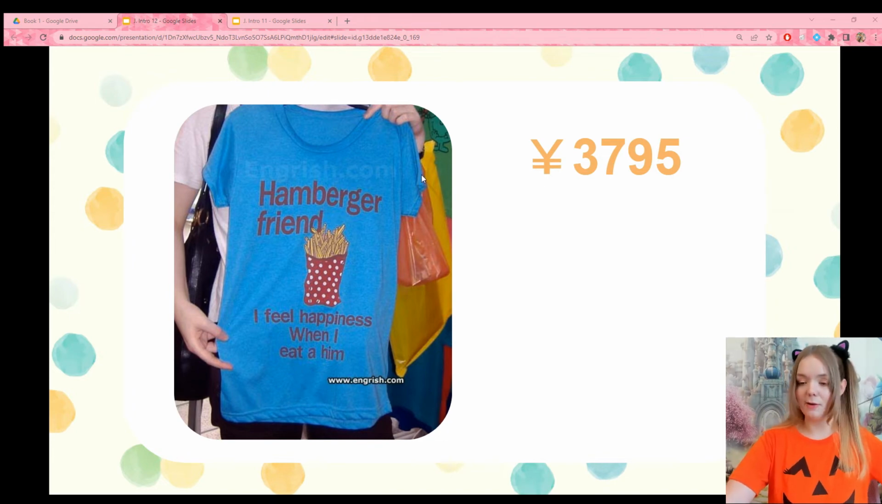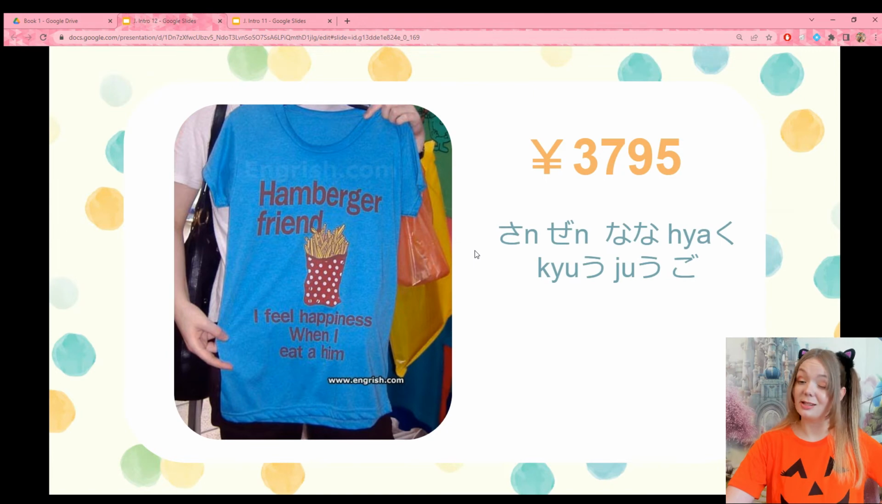This one did not have a price on it. I completely made up these numbers, so this is not a real price. However, how can I translate it into Japanese? This time we have 3,795. Remember that both 3,000 and 700 have special spellings. What are they? Sanzen,